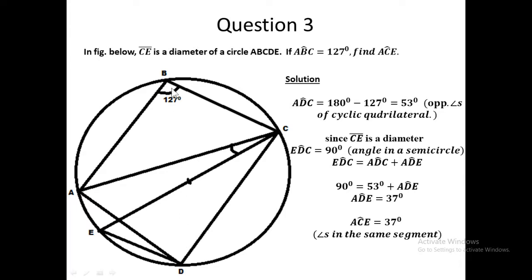So if I know that this one is 127 degrees, I can find this angle here, that is angle ADC. If I remove 127 from 180, that will give us this angle. Angle ADC is equal to 180 minus 127, and that gives us 53 degrees. These are opposite angles in the cyclic quadrilateral. So I've told you that this angle E